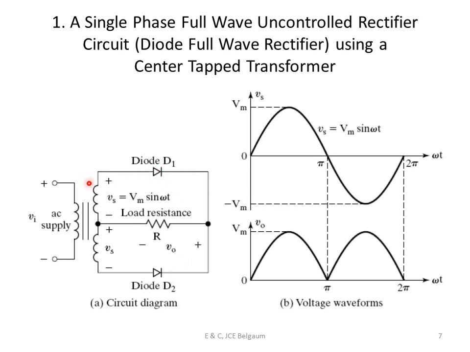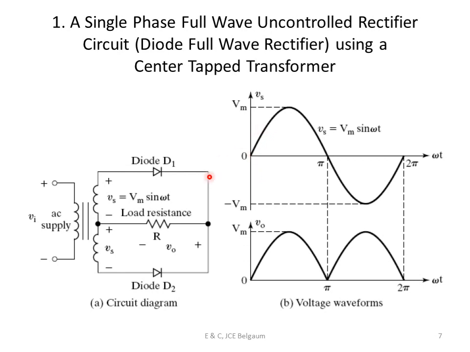So the current is going to flow from the positive terminal. Always start with the positive terminal. Because D1 is on, it will flow like this, come here, and then through the load back to the input. No current can flow through this because this is off. So how is the current flowing through the load? From this right side to left side. So I write this as plus and this as minus.